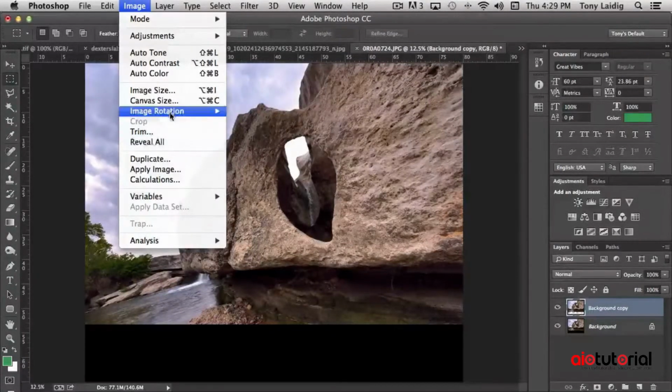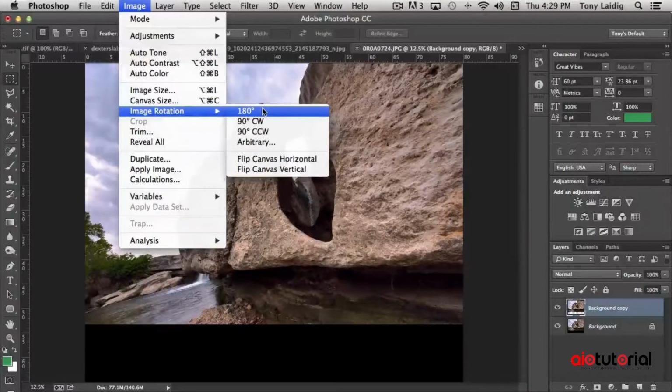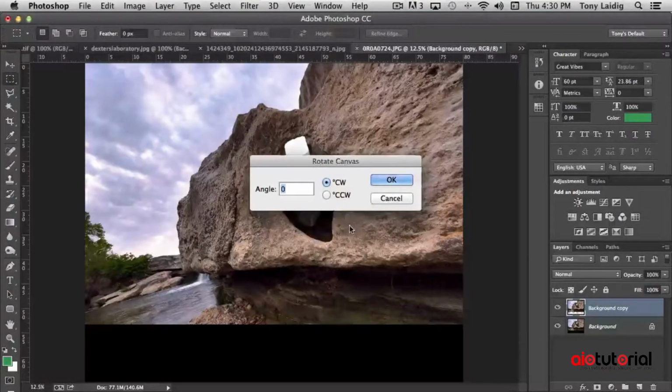In that same area, we also have image rotation, and this gives us the ability to rotate the image a full 180 degrees, so just rotate it around, 90 degrees clockwise or counterclockwise, and arbitrary. Arbitrary is basically just entering in what angle you prefer, say 25. And do you want it to rotate clockwise or counterclockwise? Let's say clockwise. When I click OK,